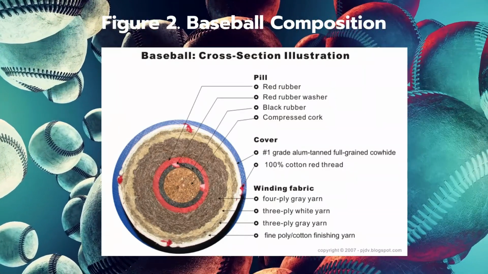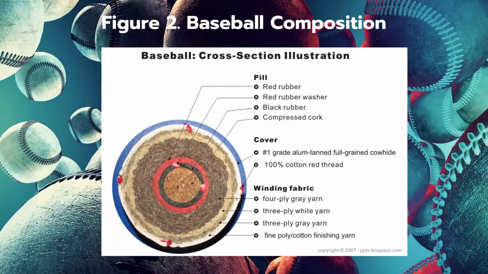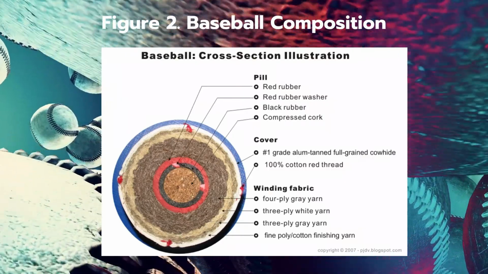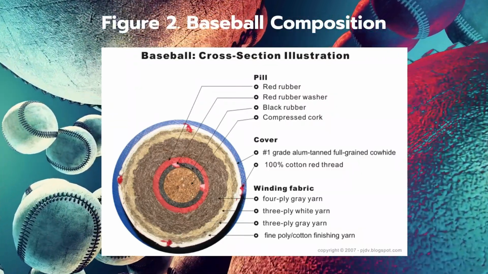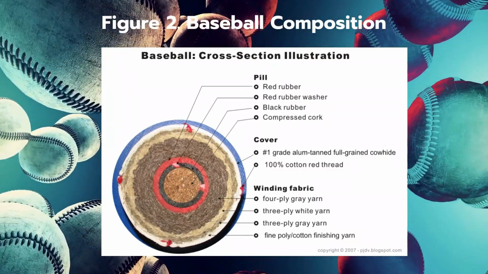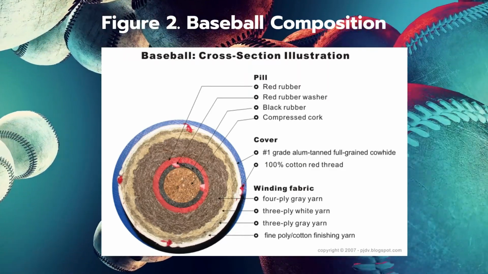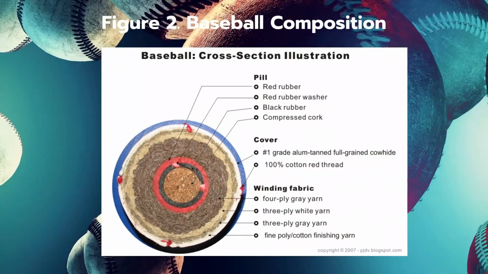The cowhide shell, which is located at the exterior part of the ball, the yarn or the wool and cotton windings, which are located at the midpoint, and the round cushion cork peel in its core, could be the reason behind the similar average bounce height percentage of a baseball and a golf ball.